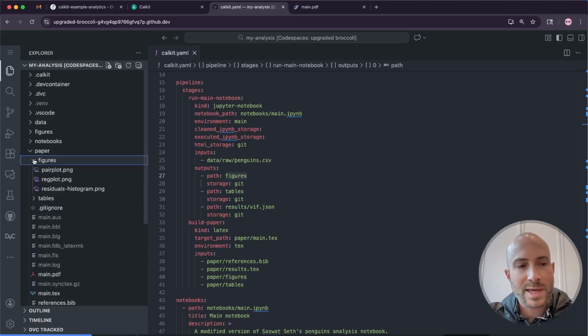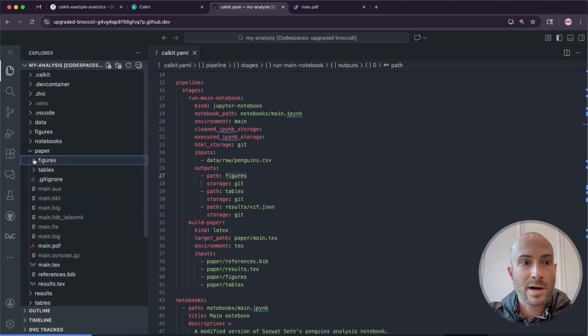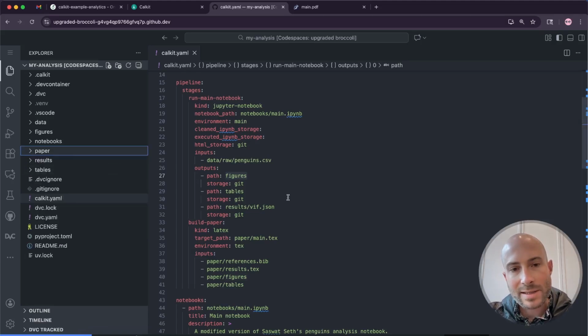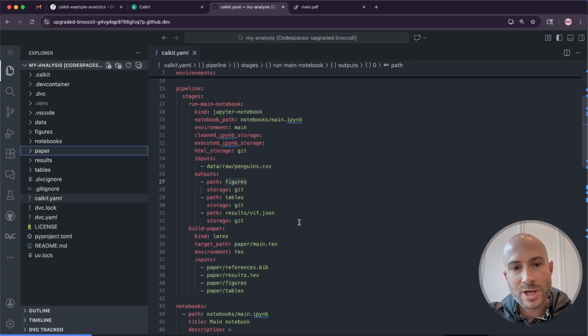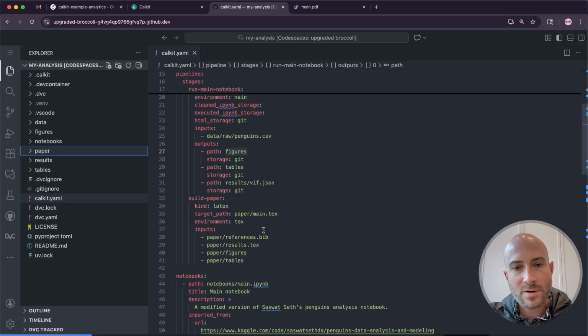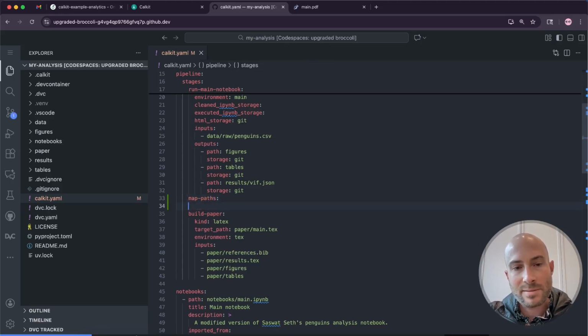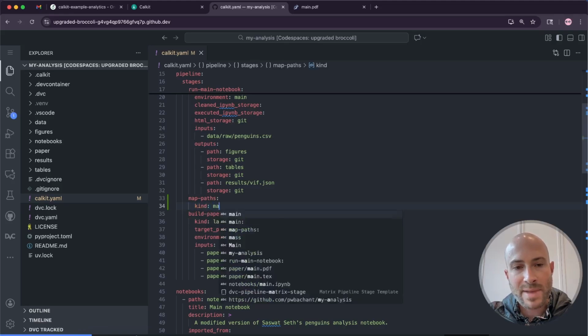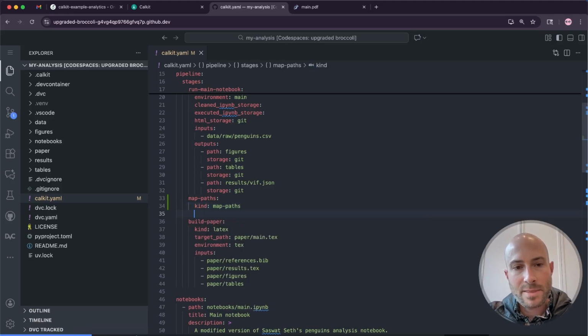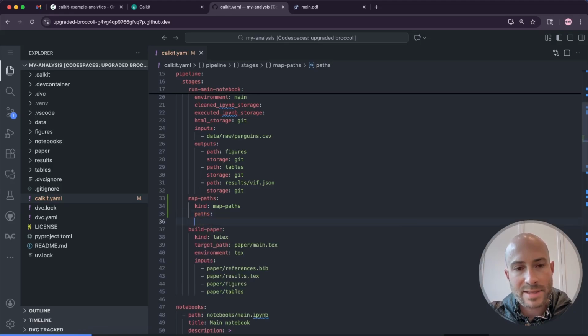We have a little bit of duplication here because we started off our project manually copying and pasting into Overleaf. But we want to connect these together, so if we happen to change our analysis, the stuff on Overleaf updates automatically. So what we're going to do is add a new stage to the pipeline called map paths. And this is going to be a so-called map paths stage. So we'll put in kind is map-paths,